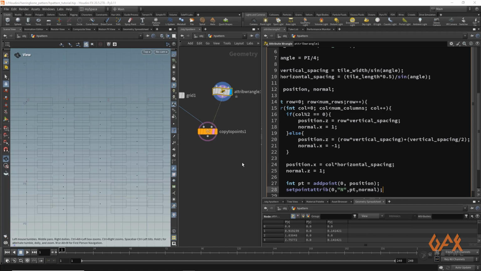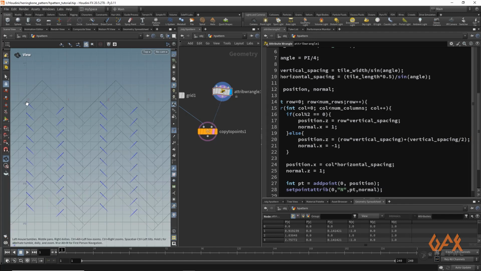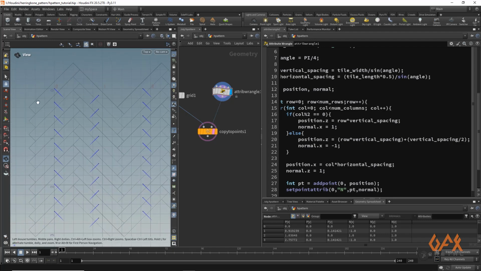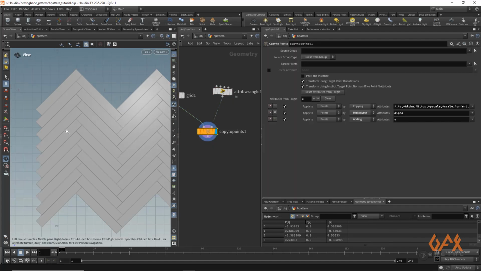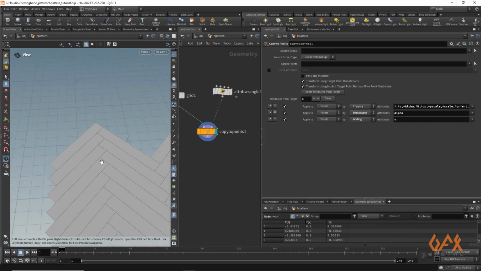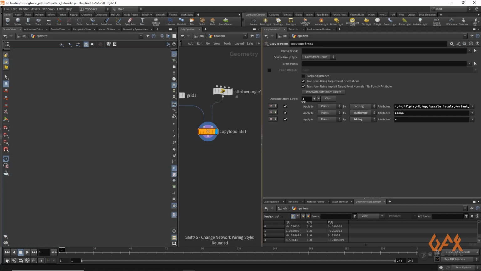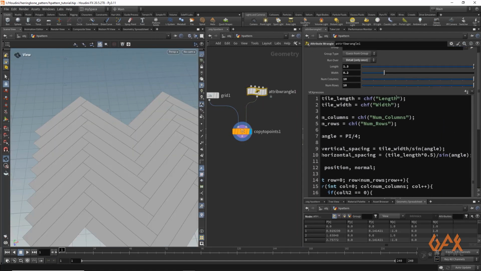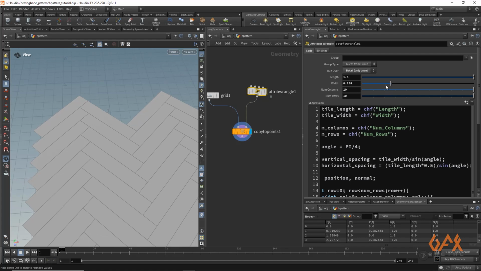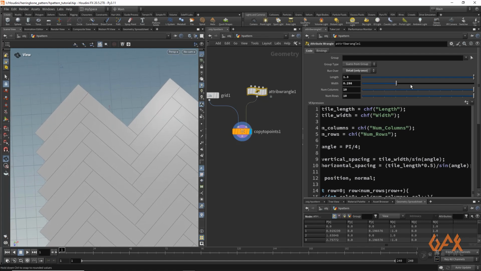Now if you click outside, see, we get that direction of normal, and based on that normal direction we will get this pattern. If you change your values, it automatically updates.